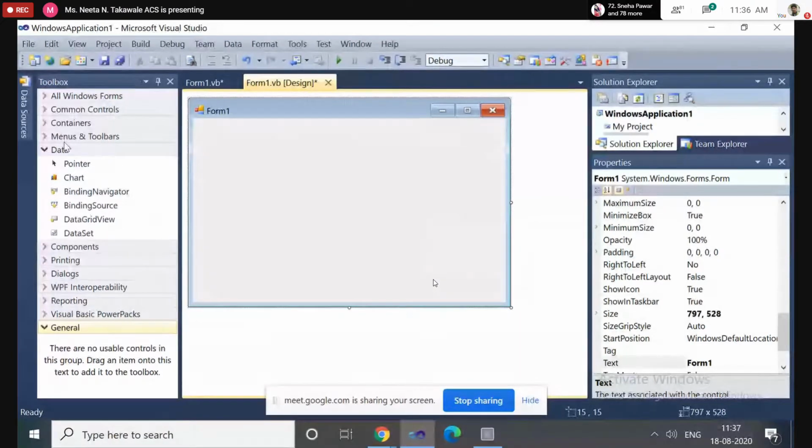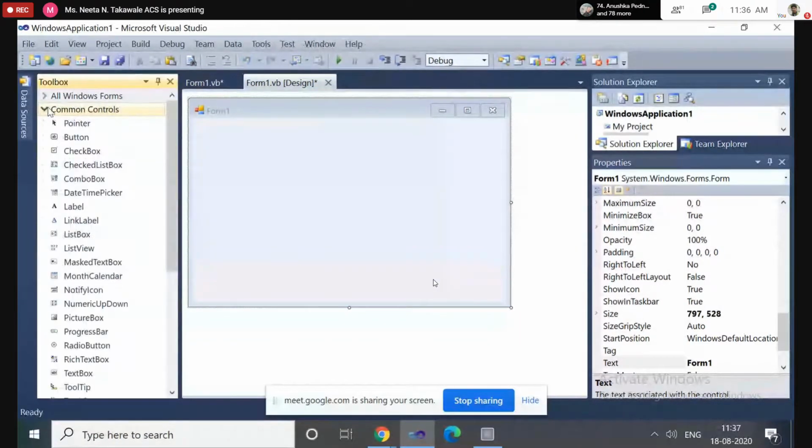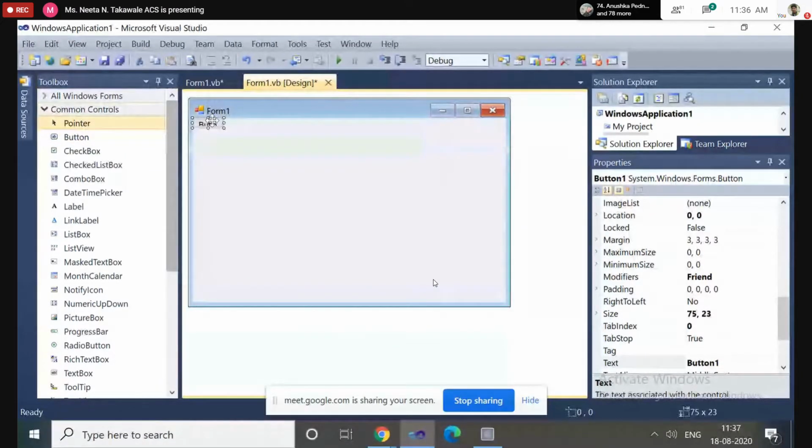So here I will take one button. On this button we will call the input dialog box.